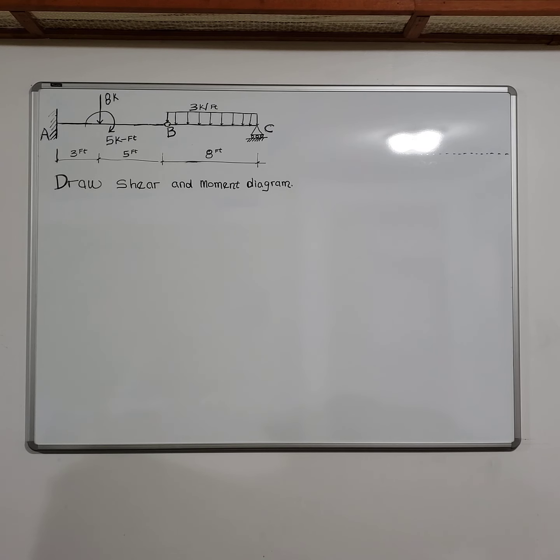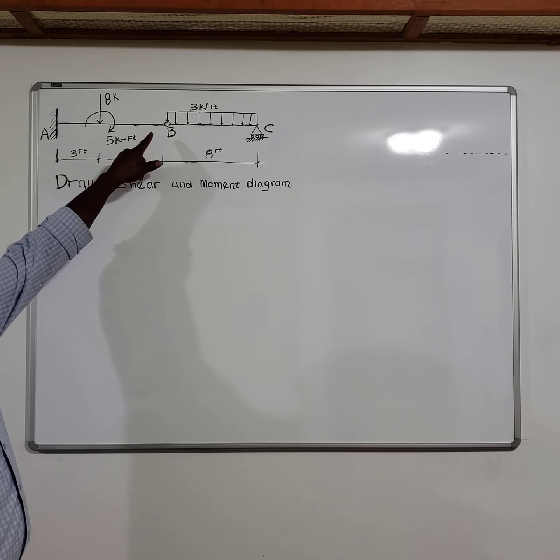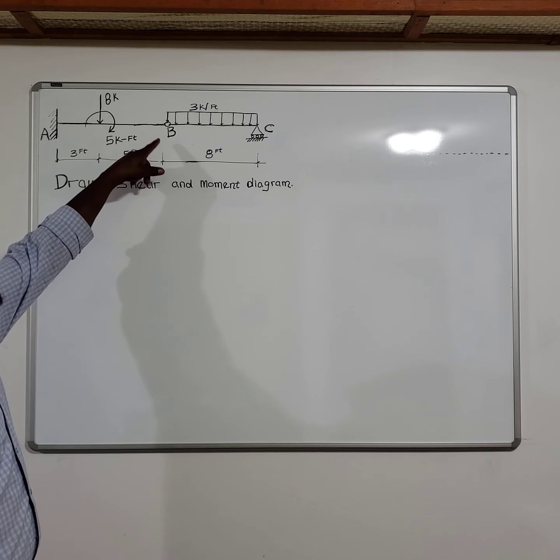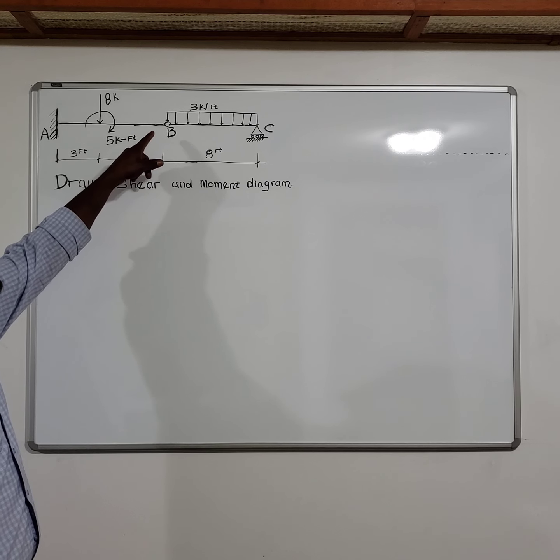So we are going to solve this problem in two parts. In this first section, we are going to solve only the reactions, and then in the next video we are going to draw the shear and the moment diagram. So let's get started. To get going, you know from basic statics that point B is a hinge support,